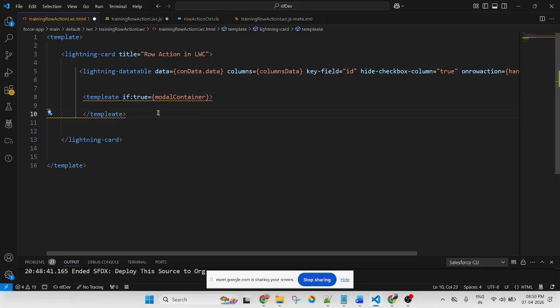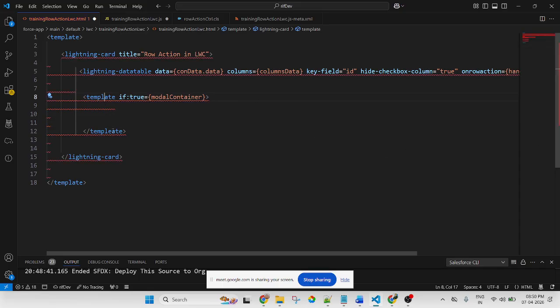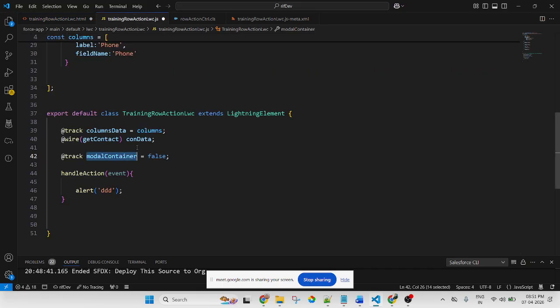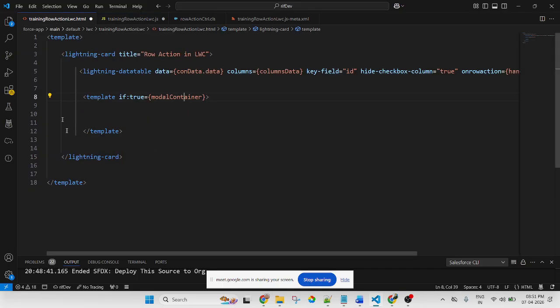If true, and here I will use the template. I pass the variable this. That means by default it will hide. When we click on the button, then it will display. So first I am using the template if condition. Inside the template, I will create a modal.